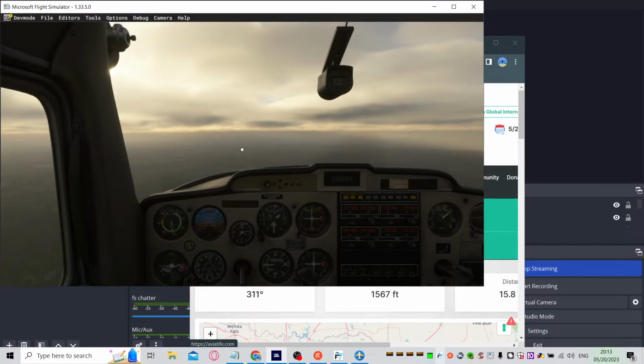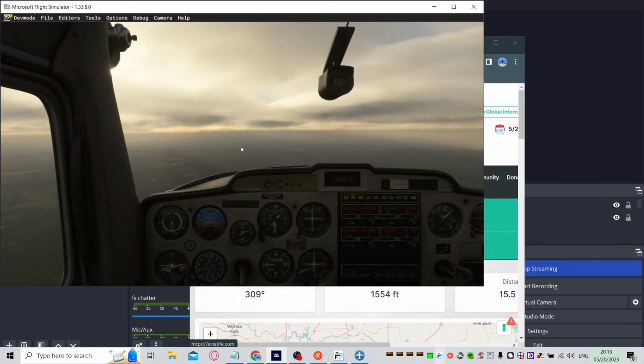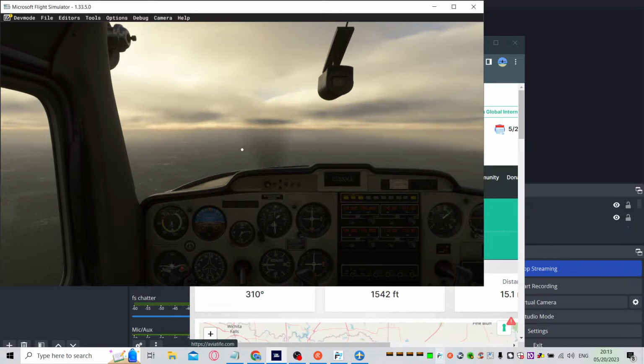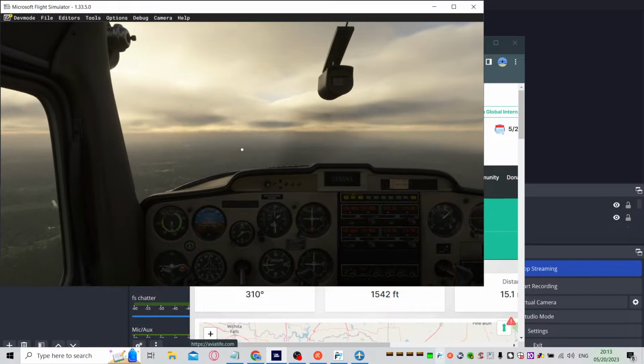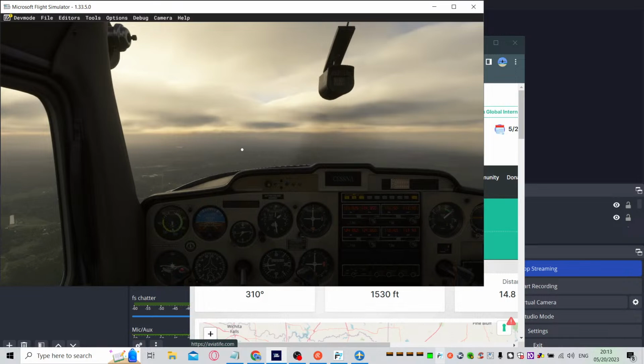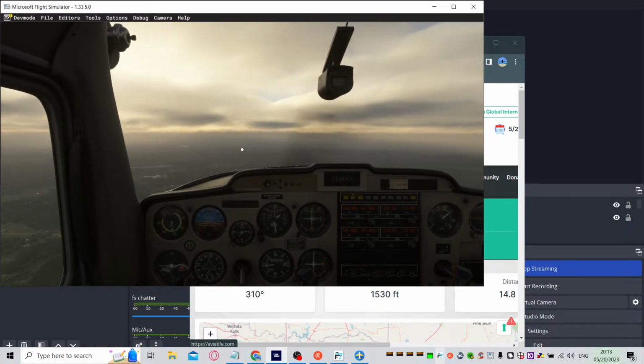United 1172 descend and maintain flight level 310. Envoy 4247 descend and maintain flight level 350. App start cursor. American 2414 descend Normal cursor. and maintain FlexJet 449er climb and